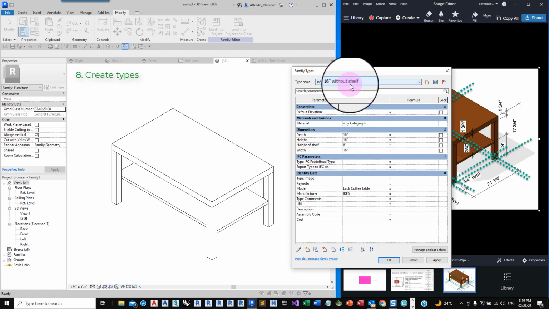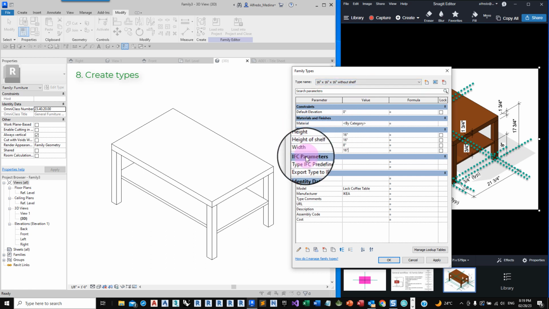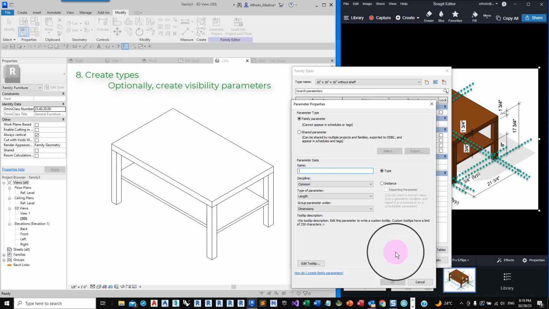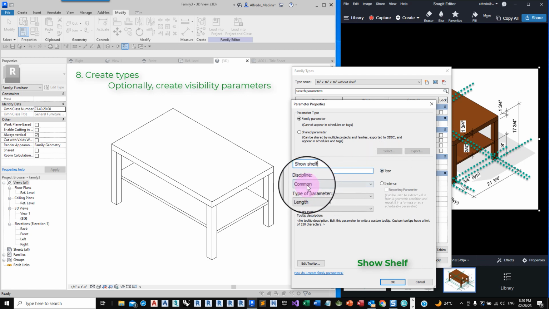Well, if I want to do this, I need to introduce another parameter. So I come here to new parameter and create a visibility parameter, or a yes or no parameter. Usually those begin with the word show. So let's say show shelf, and I want it by type, yes.